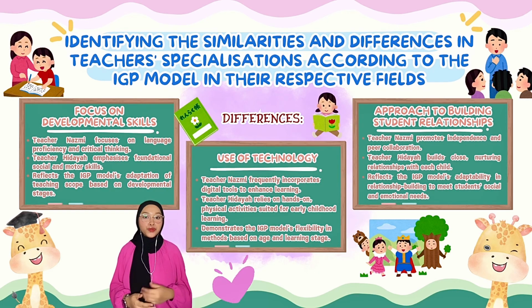Lastly, their approach to building students' relationships differs. Teacher Nazmi encourages independence and peer collaboration, fostering a supportive environment where students can express themselves and take responsibility for their learning. Meanwhile, Teacher Hidayah places a strong emphasis on nurturing individual connections with her young students, creating a close-knit, caring environment essential for early childhood development. This distinction reflects the IGP model's view that relationship building should be adapted to meet the emotional and social needs